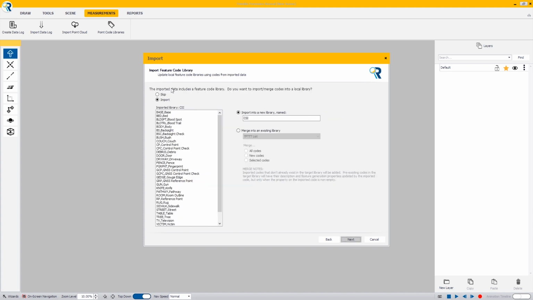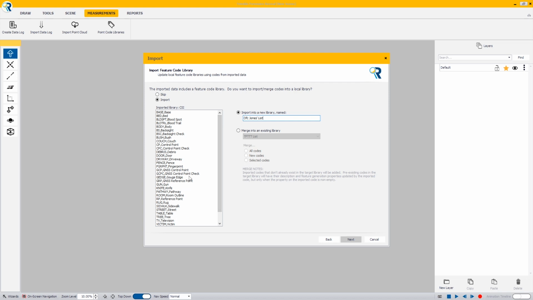And since we used a point code library in Capture, if we wanted to import all of these things into a new library, we could name it CSI-2 if we wanted to. We could name it Officer Jones's list. If Officer Jones maps this scene, you can have custom code libraries for each officer if you do want to do that, or you can have a code library for each unit or division, or if you had a special task such as CSI or body recovery or shooting, you could have code libraries custom built for